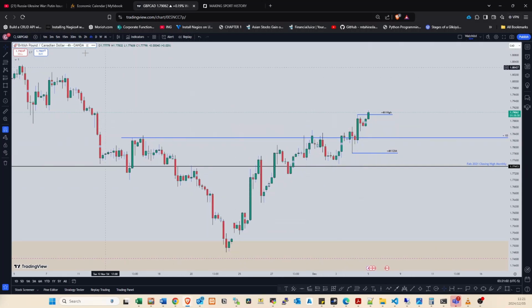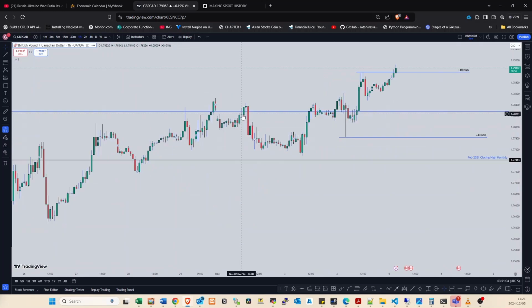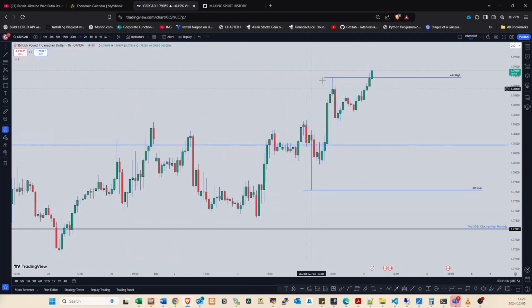If we were to take this range, from this low to this high, to this low there,